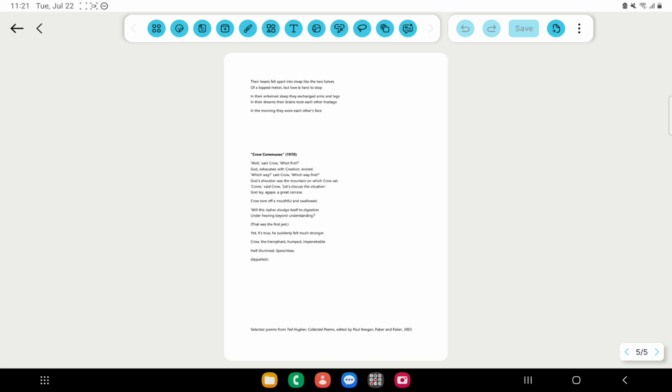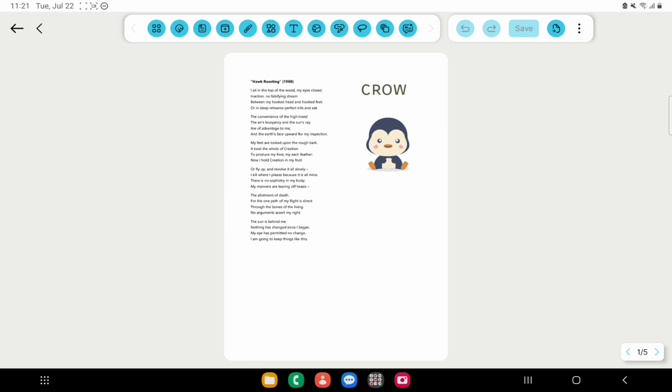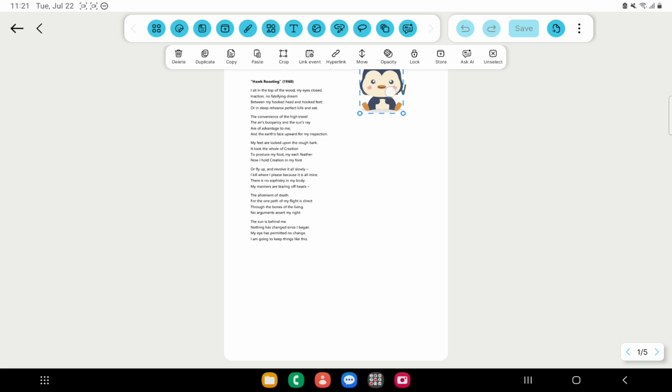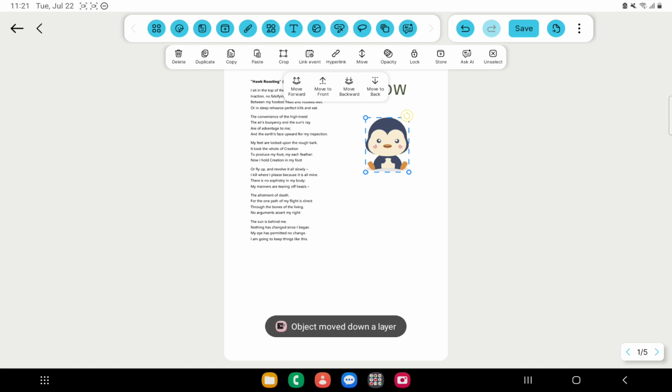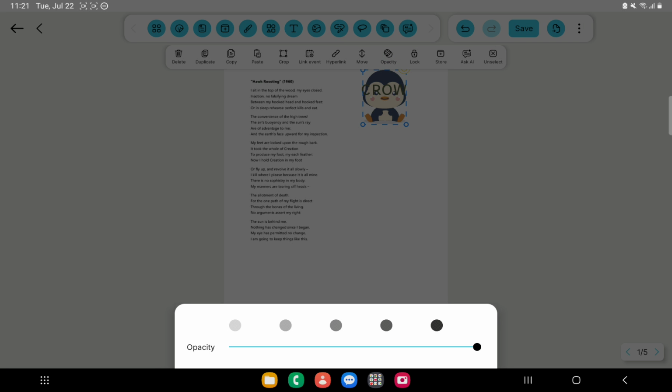Here I have written this word, crow, and I have a sticker. If I move this sticker you can see that it's above my text. But if we click on the object and click on move right here, then we can choose the move backward option, and now I can put it under my text, and it's even more useful to change the opacity level